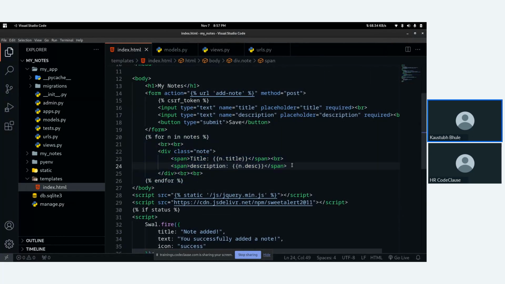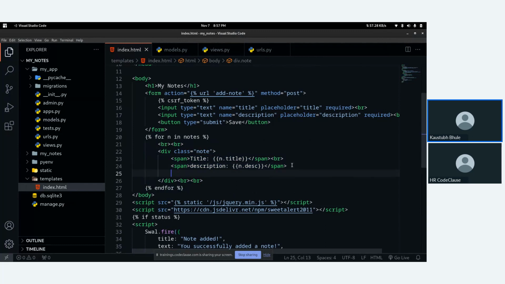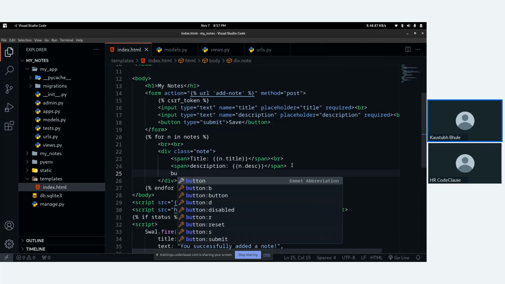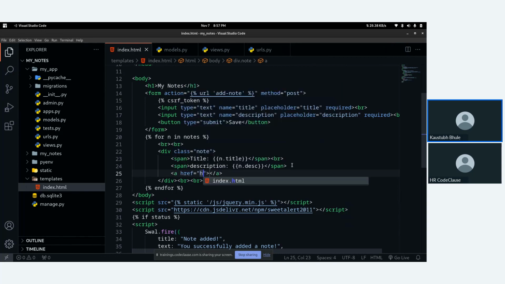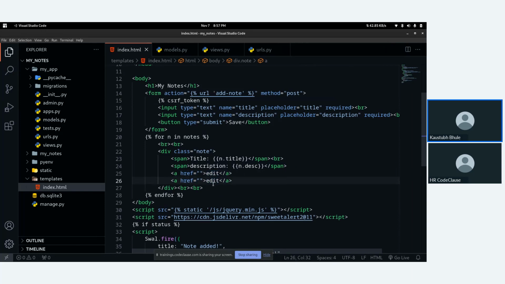With nodes, I mean, we need to add some buttons also. So let's say to edit, instead of a button, I am using an anchor tag. Say edit. Now, it's an edit anchor tag, and then we will also create it for delete.